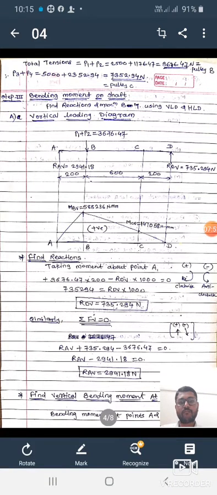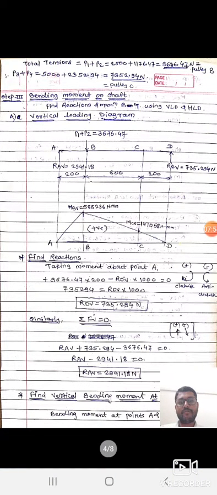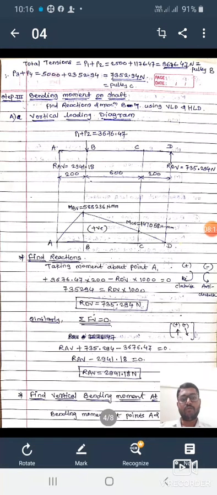Then the next step is total tension. We can find the total tension P1 plus P2. We already assumed the value of P1 as 2500, plus we can get the answer for P2, 1176.47, and the total tension applied on pulley B is nothing but